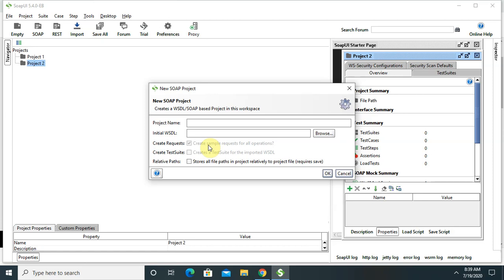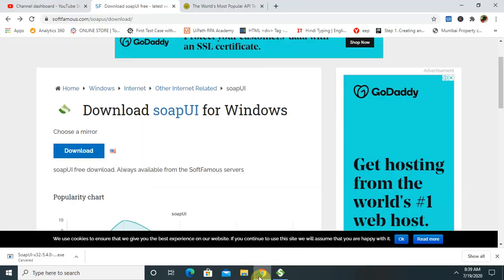So this is all about the SOAP UI introduction and how to install it. Let's recap this. We started with the basics of SOAP UI and covered their aspects. Then we had a look at the websites from where we can download it.